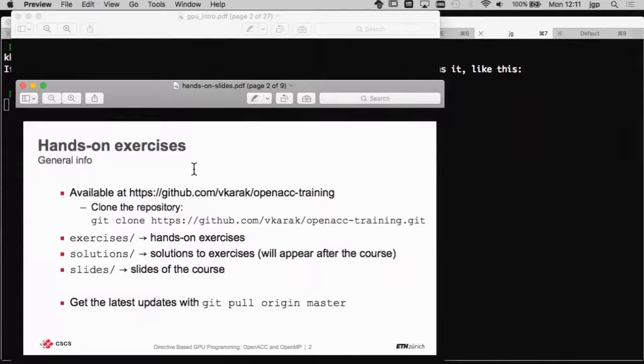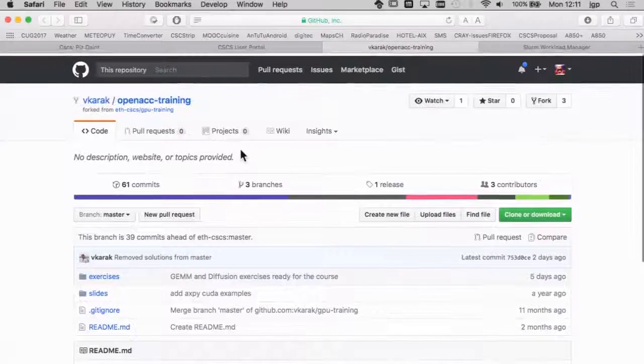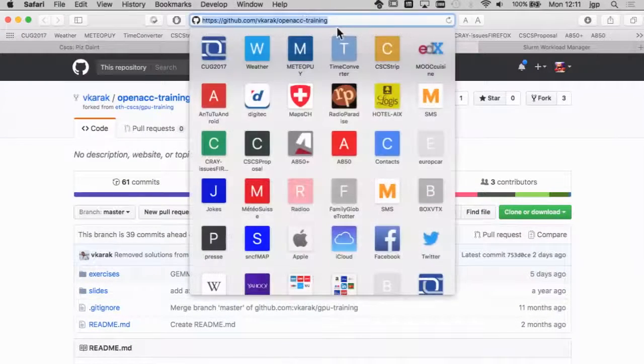Tomorrow you will have to clone this and you will get all the exercises. Meanwhile, I can put some of the outputs that you have. I can update that. You put that in the OpenACC training? Yeah, I'm going to put some of those outputs and stuff. That would be great. Got it.